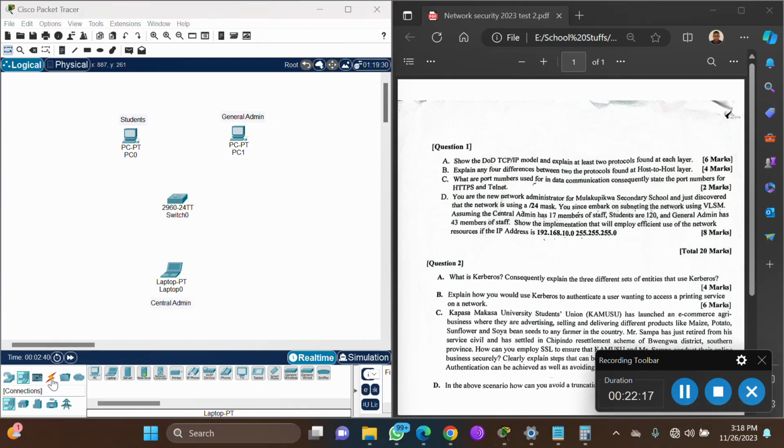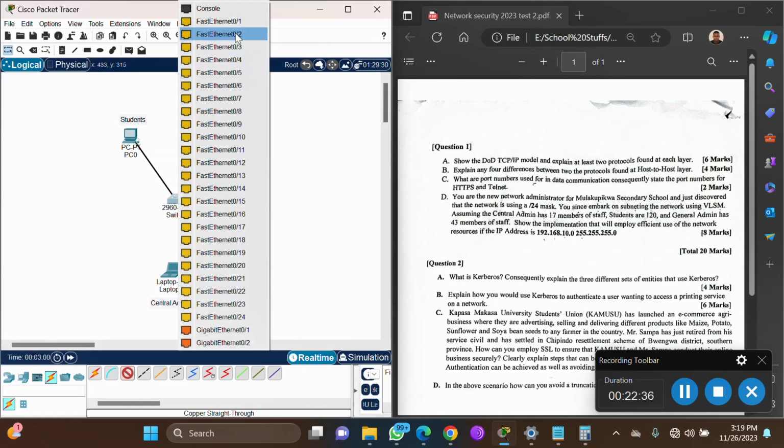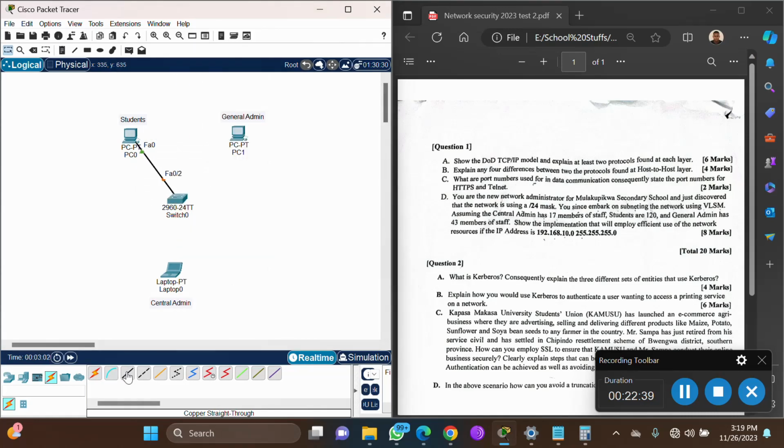Now for the connection, remember, if we want to make sure that these guys are under one local area network, we are using just one switch. Like you are seeing here, we are using one switch, meaning they are under one local area network. They can all be communicating, but because our subnetting is separate,